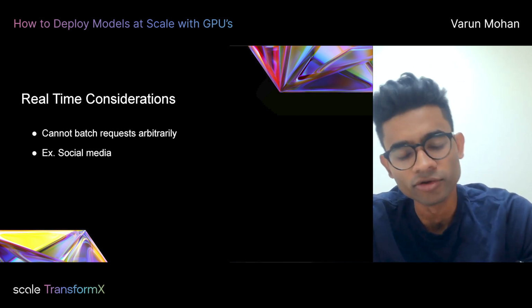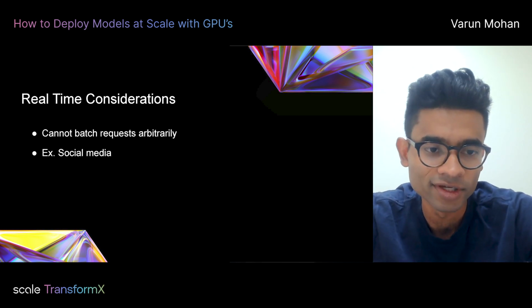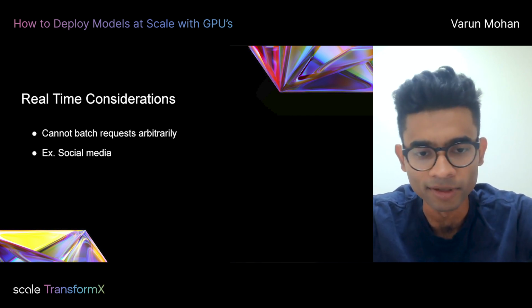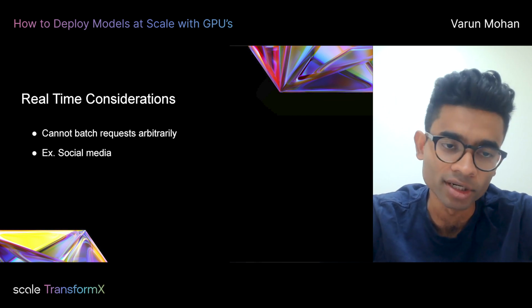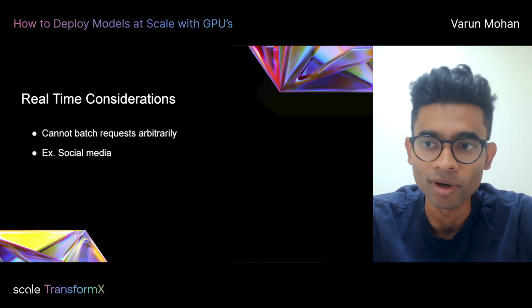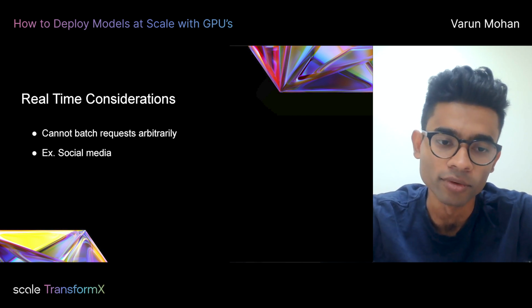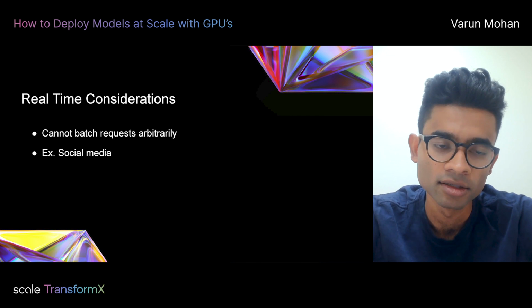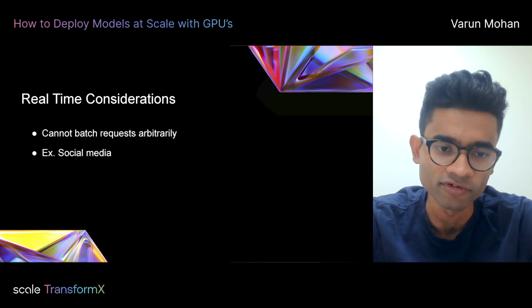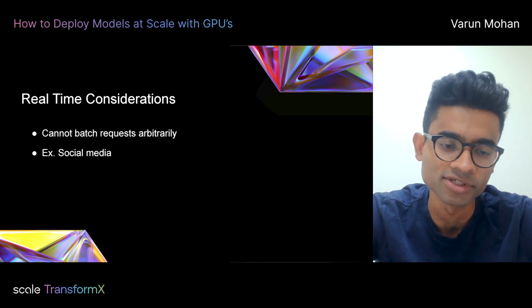Maybe another thing to consider is, you have real-time considerations, and if you do, you can't just batch arbitrarily. GPUs are really good at batching computations, but you don't want to be grouping as many requests as possible and throwing away latency. And I think the fact that GPUs have a different programming model makes it harder to use compared to a CPU.